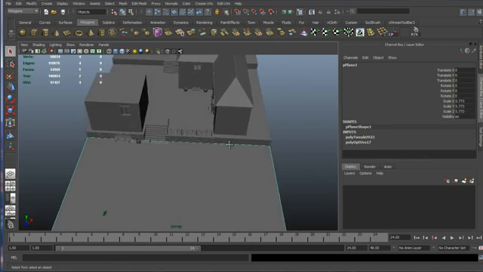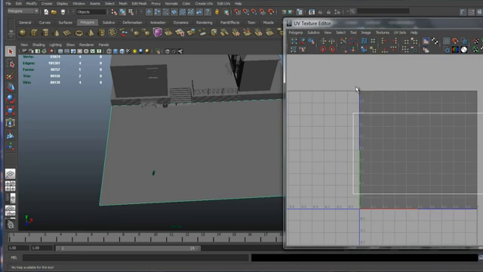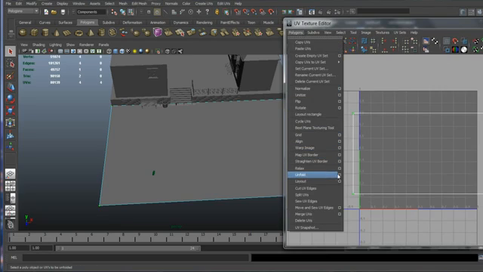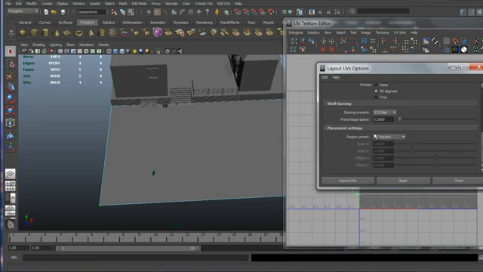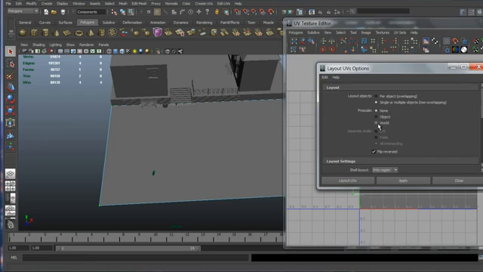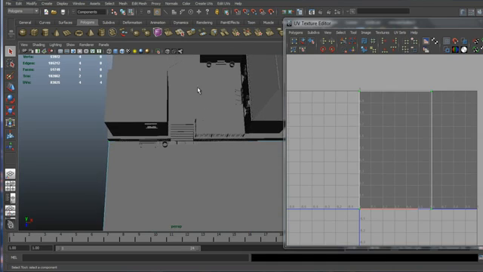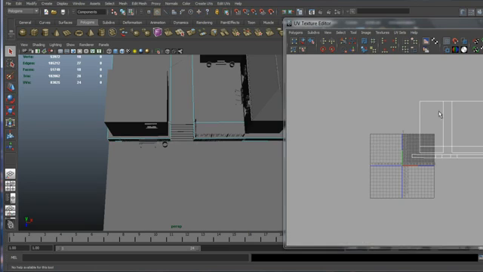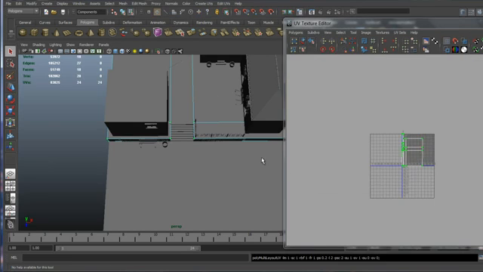The last thing we need to do is to prepare everything for texturing, and this is going to be placing all of the UV sets inside that 0 to 1 space of the texture editor. So if I go to Polygons, Layout, and if I reset everything, under Prescale I select the World one and hit Apply, or just Layout UVs. You can see that all of the UV shells are automatically fitted in that 0 to 1 space, and also all the pieces are scaled exactly the same